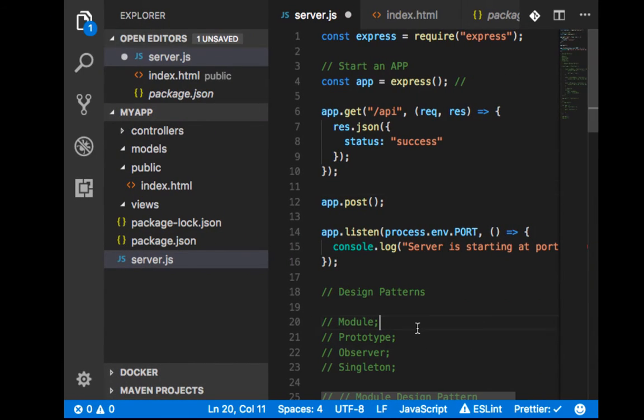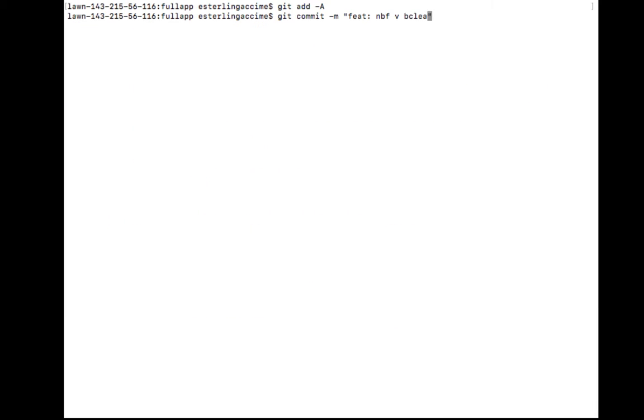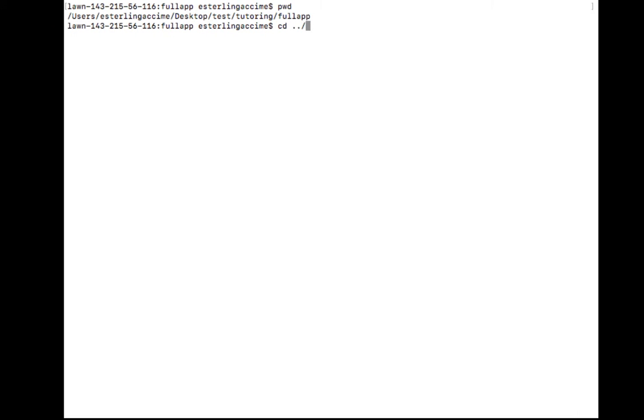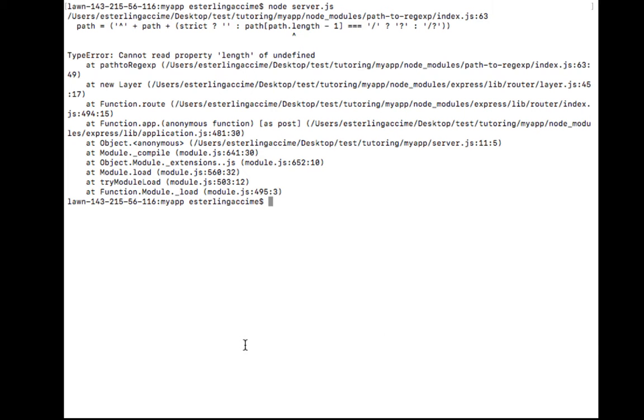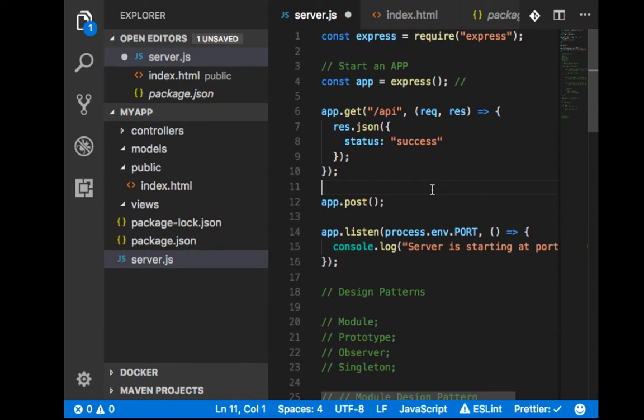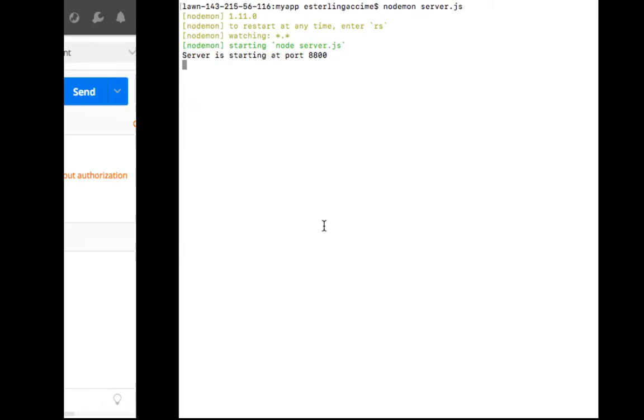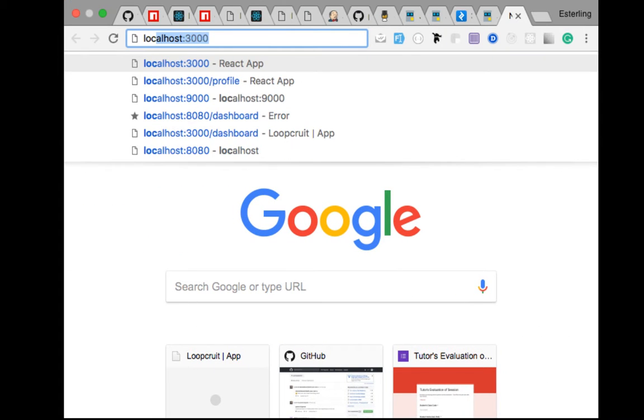If I run this server, let's see, oops. Where am I? I'm inside the full app. Is that the full app? No, that's inside my app. And I'm going to do node server. What's going on here? Something's not right. Oh yeah, this one I need to comment out. I'm going to use nodemon. You guys know what nodemon is, right? Okay. So now when I go to 8080